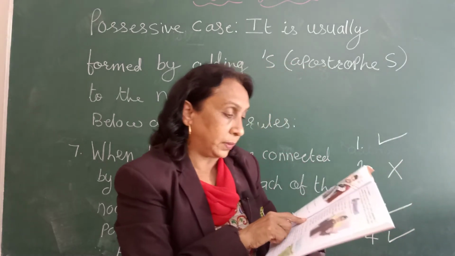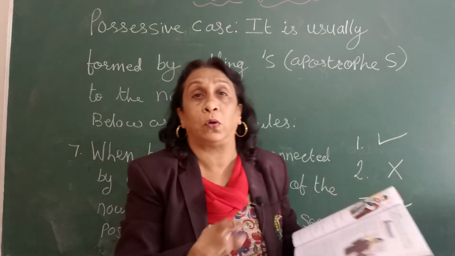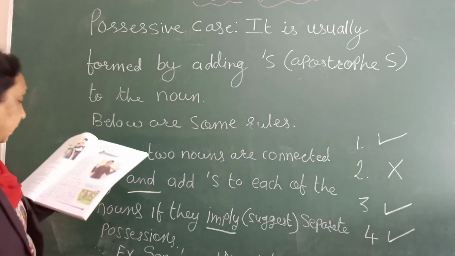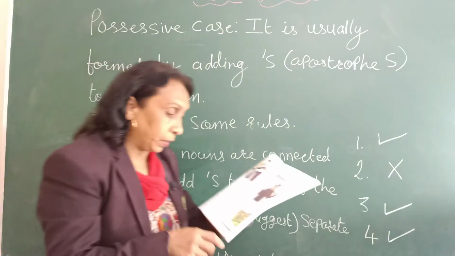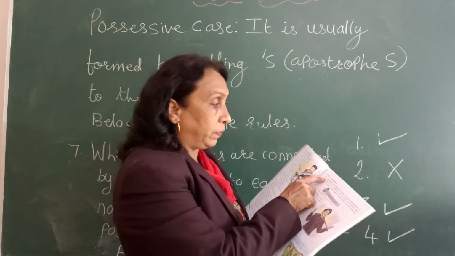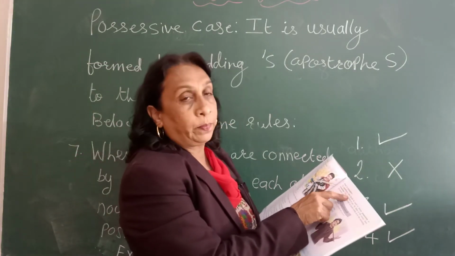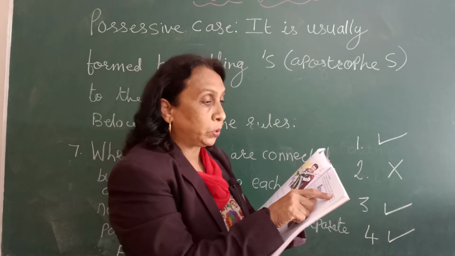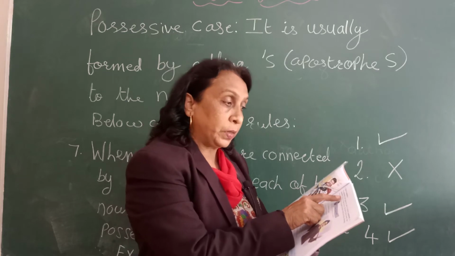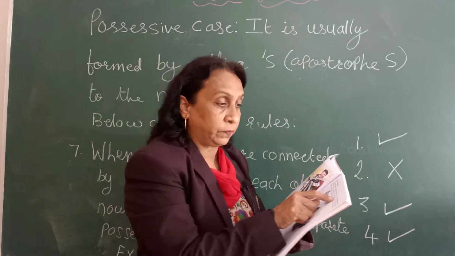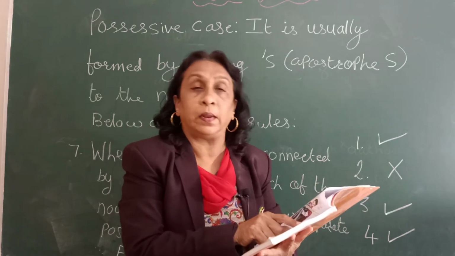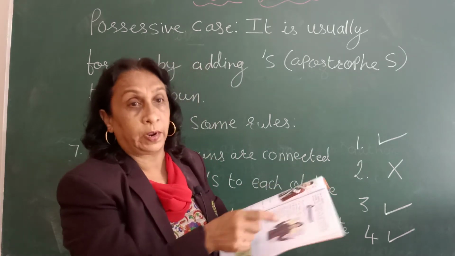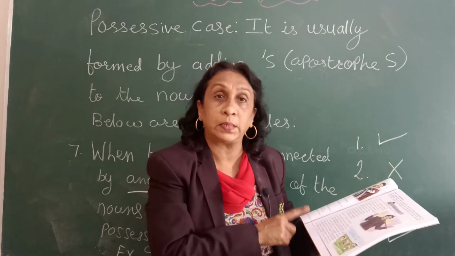Okay. Now look at the second exercise. Correct the following sentences. You have to correct the following sentences. Now see here, before doing that exercise, we will see this point to remember: the possessive case. The possessive case should be used to denote possession or ownership. Thus, it is better to say the defeat of the enemy than the enemy's defeat. So this rule, this point we have to understand while we are doing the second exercise.